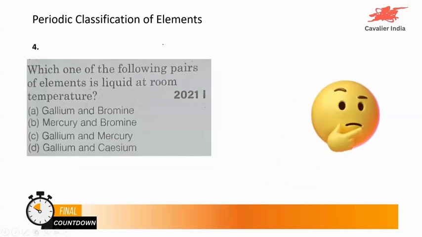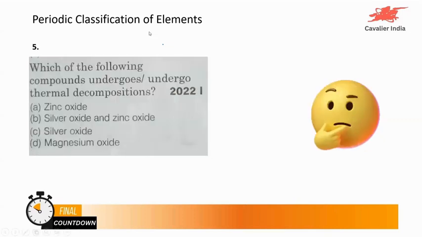Which one of the following pairs of element is liquid at room temperature? Option C? Yeah, option B. Because we have already studied that the only liquid metal is mercury, and the liquid non-metal is bromine. Okay,